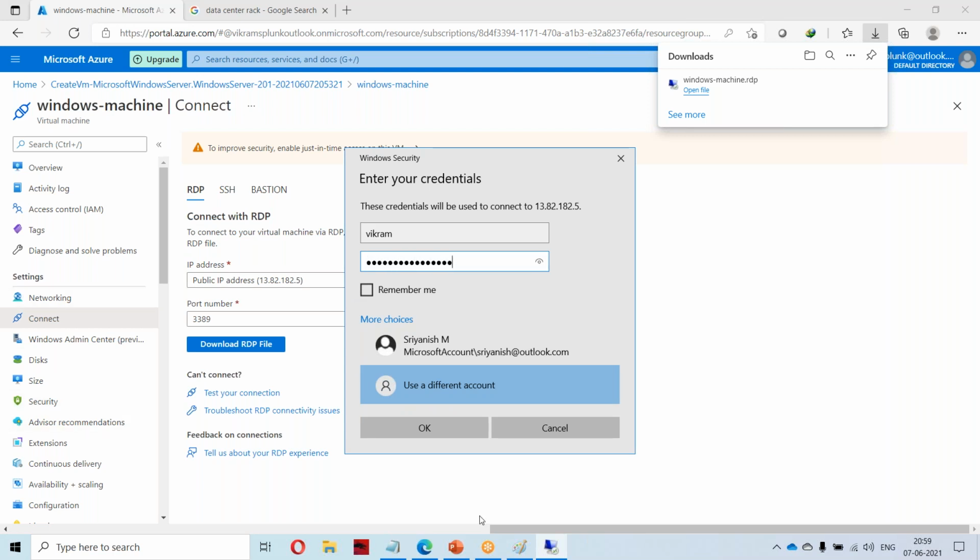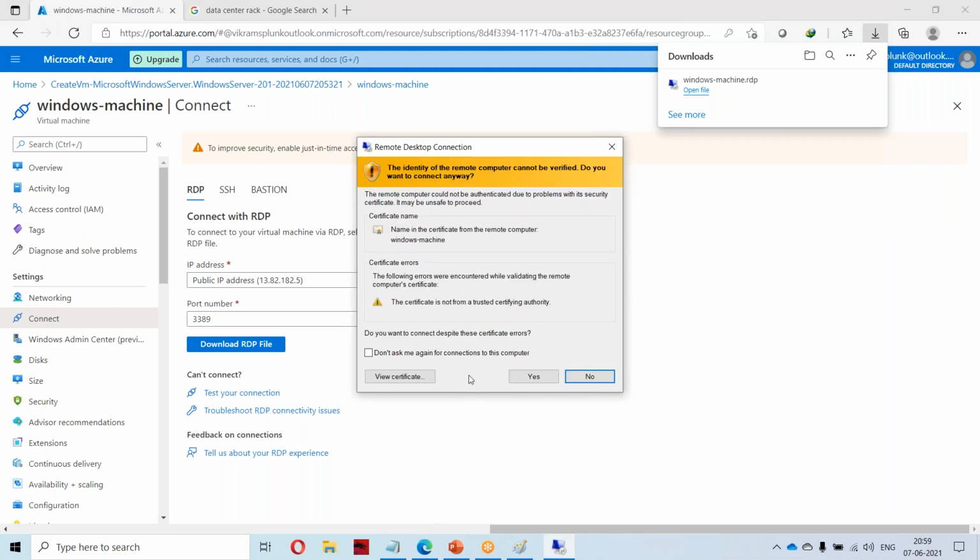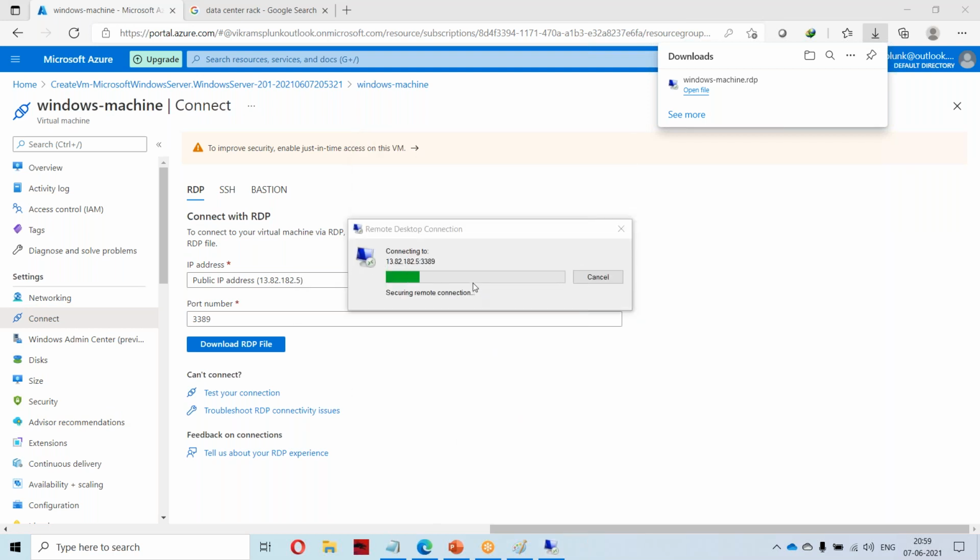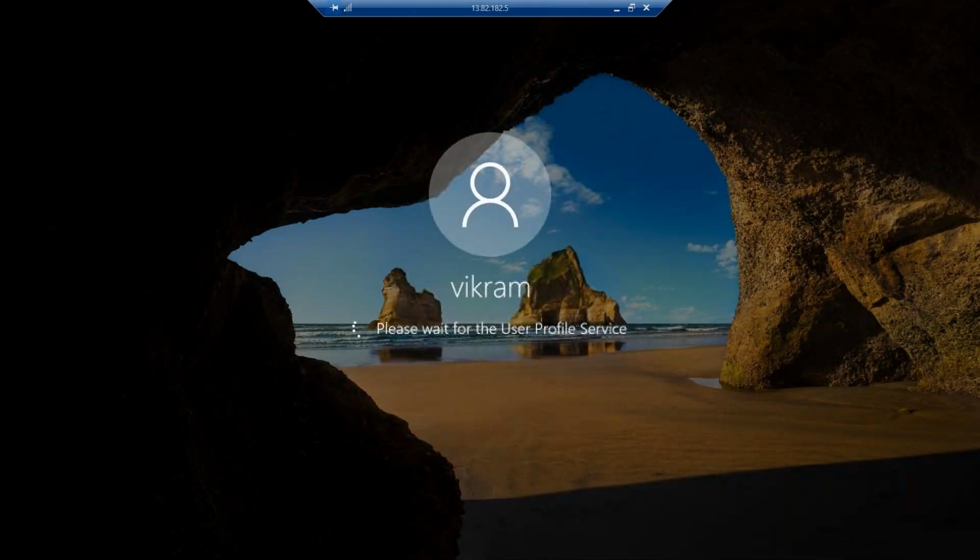I'm logging in to the machine, the Windows instance I have created. This is the cloud instance which I have created just now.